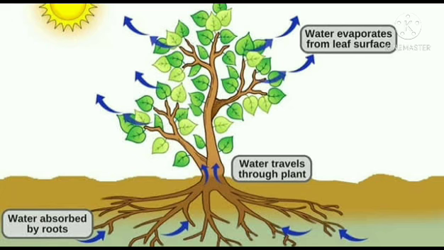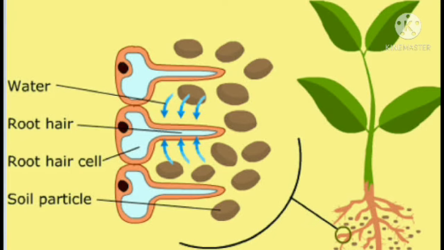So dear students, you should know that minerals are absorbed by active transport process. So active transport is the movement of a substance from its lower concentration to higher concentration, that is against concentration gradient. So the minerals cannot be absorbed by the cells of root by simple diffusion, since the cell sap has higher concentration of minerals as compared to outside water. Therefore absorption of minerals takes place by active transport process.